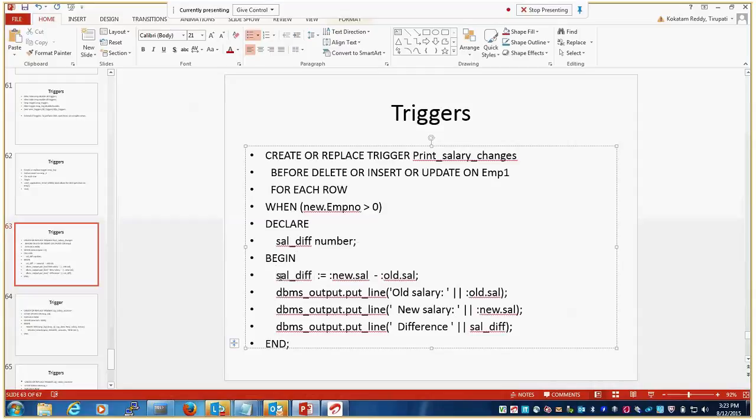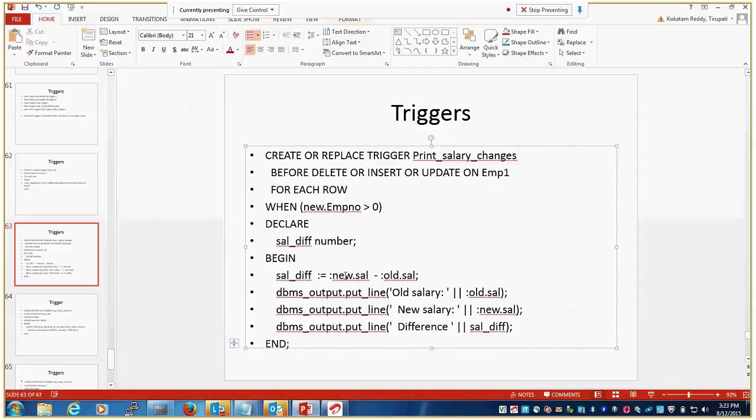Salary difference, assigning new dot sal minus old dot sal. New dot sal means, when you try to update the salary, earlier the salary was 1000 for one record, employee number 1.